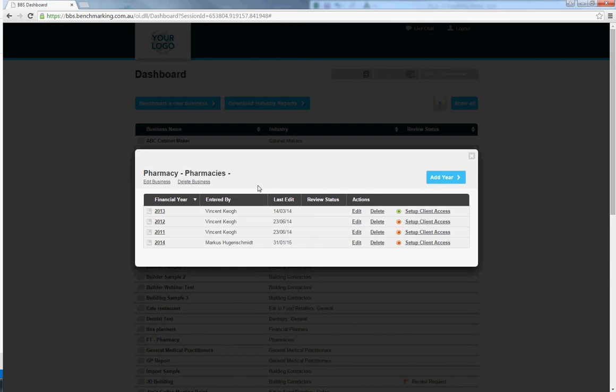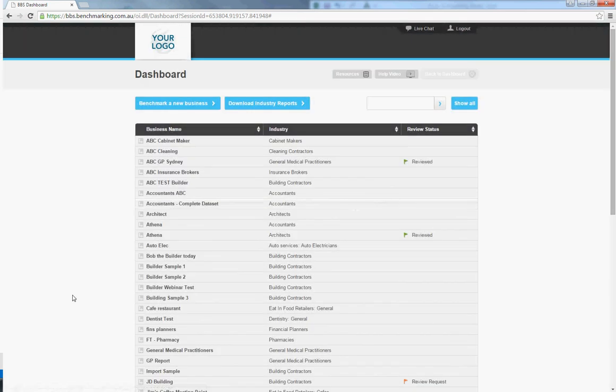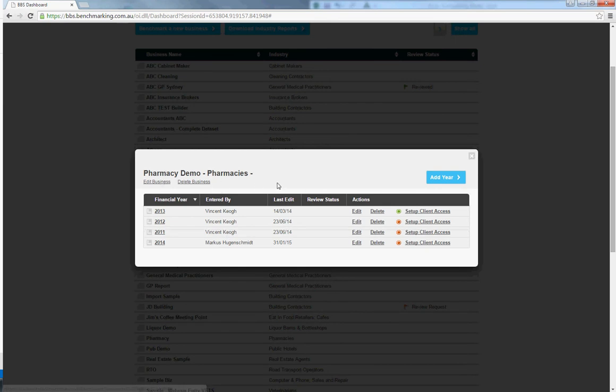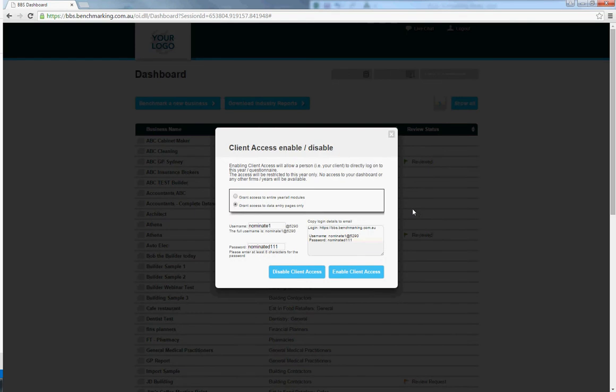So as you can see, once we exit back out of this and just reload the file, I've now got the company name Pharmacy Demo. From here, there are a couple of other options. We can set up a client access, which can be very handy if you'd like the client to enter some